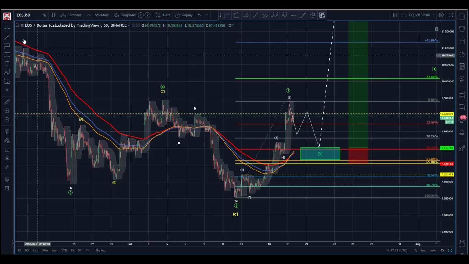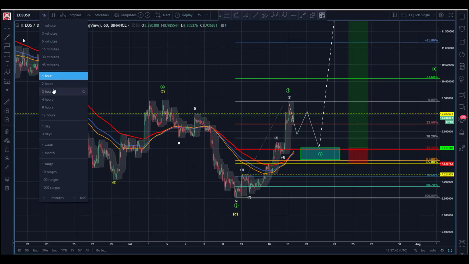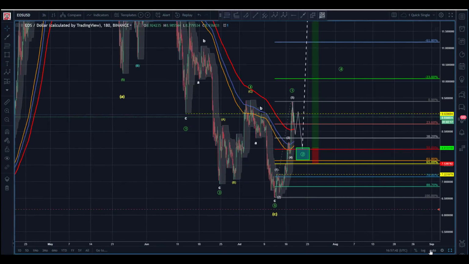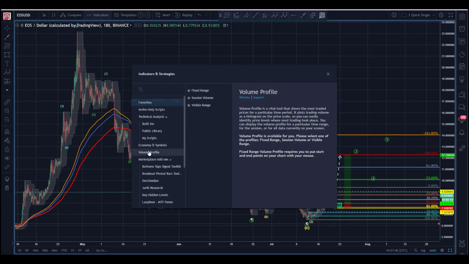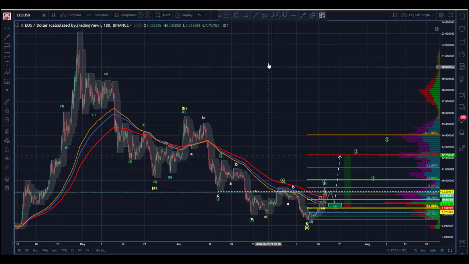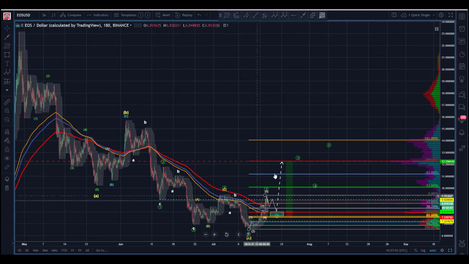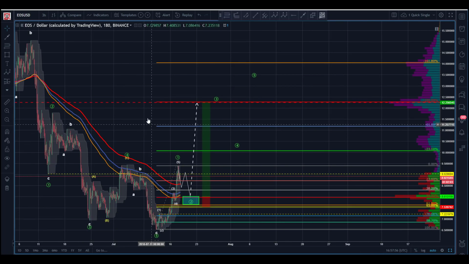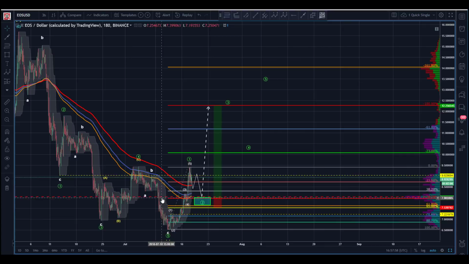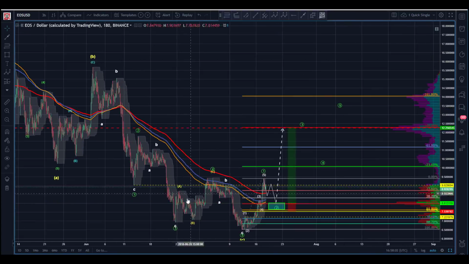So it's constantly a process of looking for confluence. Is there anything else that might be there? Well, I don't have market profile on here. I could probably get that on just to see. Let's go with visible range. I don't know why I didn't have it on there. So here's my point of control. Let's see. Let's open this up. All right, so I have point of control sitting as a front run on the 50. One more thing I can put in terms of building that case as a potential entry point.